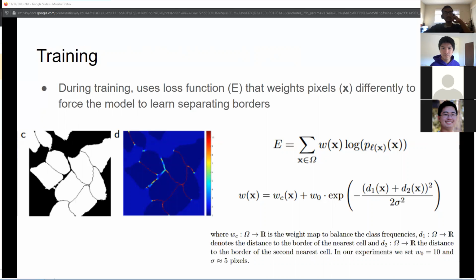And then what that does is, so this is from figure 3 again, where in C you have the outputs of the segmentation results, and then in D you can see the different weights that were assigned to each of the various pixels due to the loss function, and then you can see how the borders get defined with these red values. So the really high values define where the borders are for the cell segmentation, and the really low values are the remainders of the cell. I think, without getting into too much math, that's it.